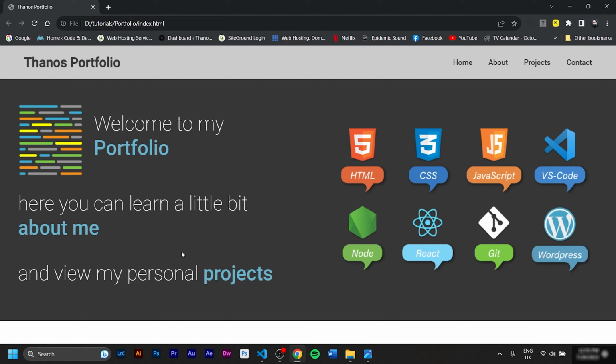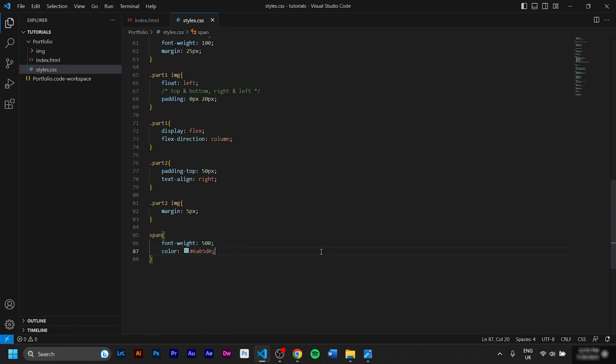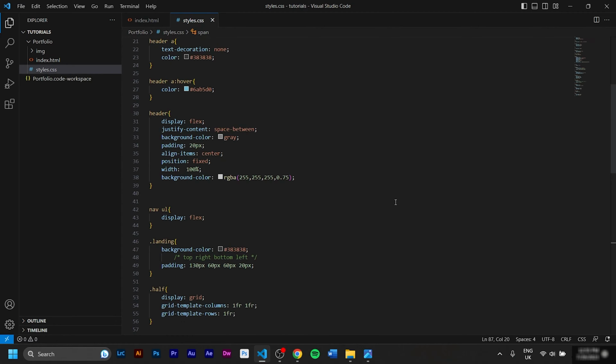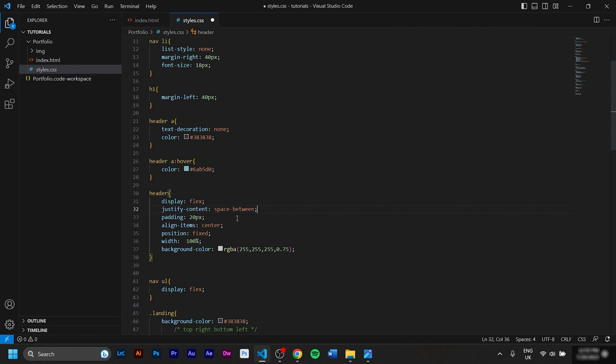But before we move to the next section, I want to talk a little bit about the primary color. I want to take a moment and look at all the colors we are using. So here we have a light blue, which is the primary color. And then we are using white, gray, white. Actually, here we have two background colors. Let's delete this one. Anyways, it was getting replaced by that because it's further down in the code.